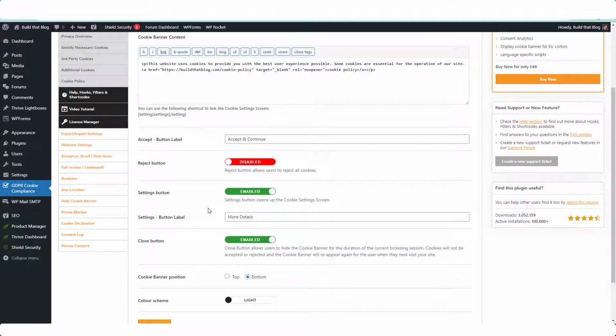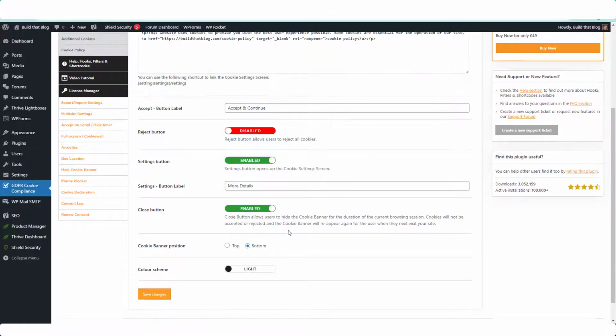However, you should enable the settings button. That allows the user to reject non-essential cookies, i.e. third-party cookies, if they want to. And you can put in here settings or more details, anything that you want to, as long as it makes sense. Close button, if you want the user to be able to click to close the banner without either accepting or rejecting or doing anything at all, you can leave that enabled,